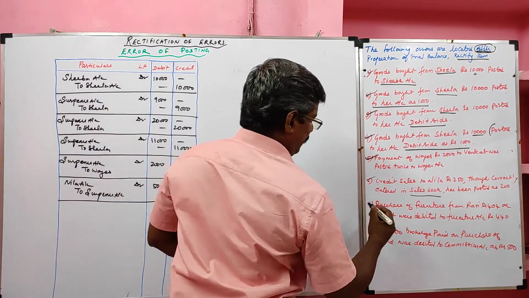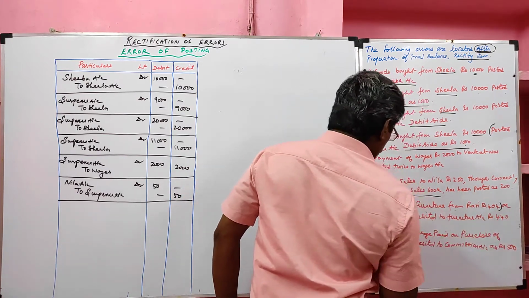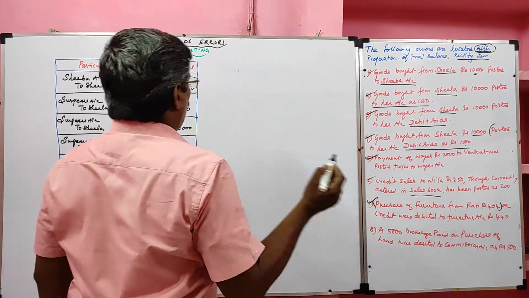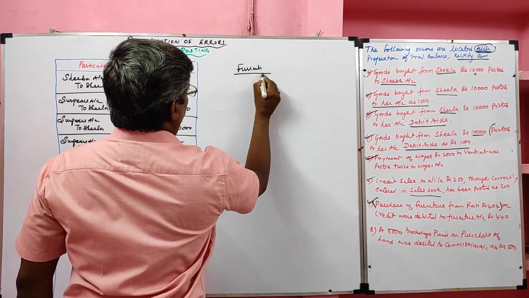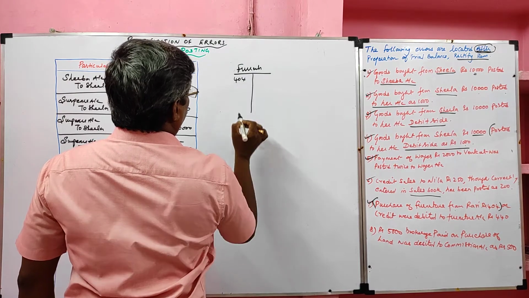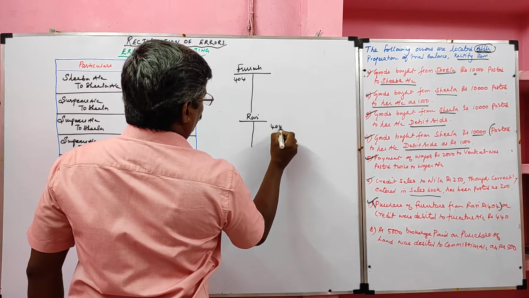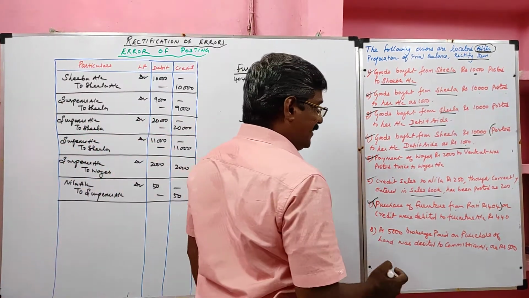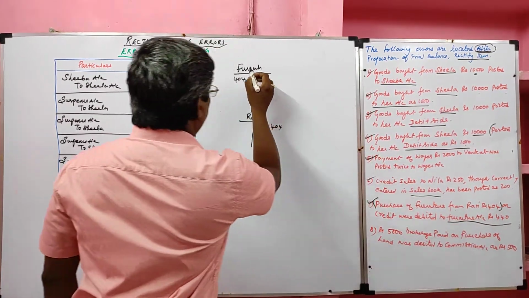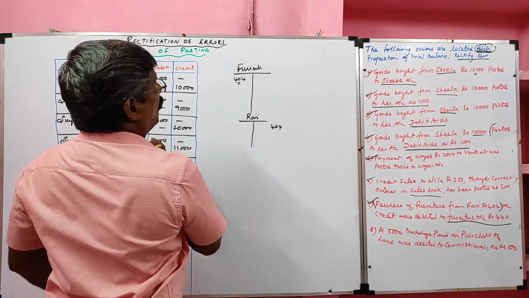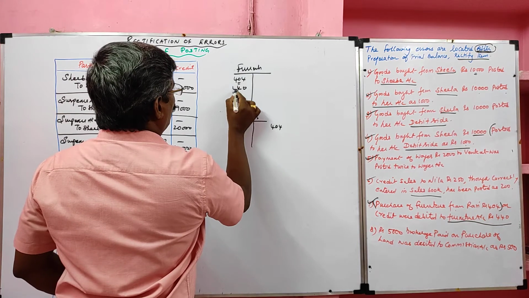Sum number 7. Purchase of furniture from Ravi rupees 404. So we bought furniture from Ravi. What is the posting? Furniture account debited, value 404. Ravi account should be credited 404. This is the correct posting. But what they did, on credit purchase they debited furniture account how much? 440. In furniture account they should debit 404, but they gave debit to the 440.